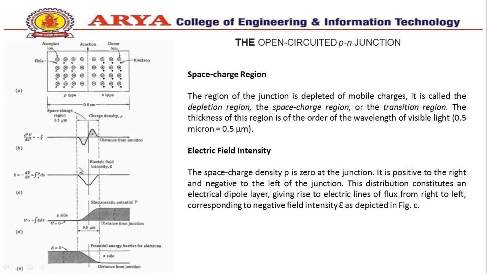As equilibrium is established, the field is strong enough to restrain the process of diffusion. We can also understand this as follows: under steady state condition, the drift hole current must be equal and opposite to the diffusion hole current, so that the net hole current is reduced to zero. Or we can say there is no steady state movement of charges across the junction. This can be seen from figures B and C.